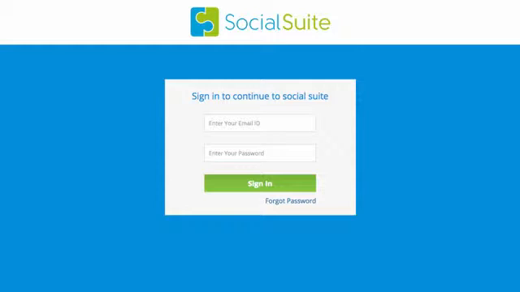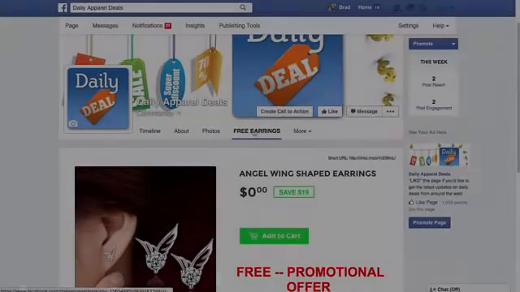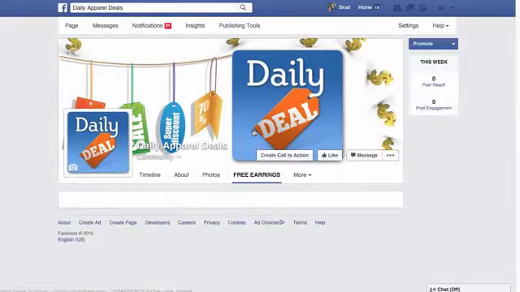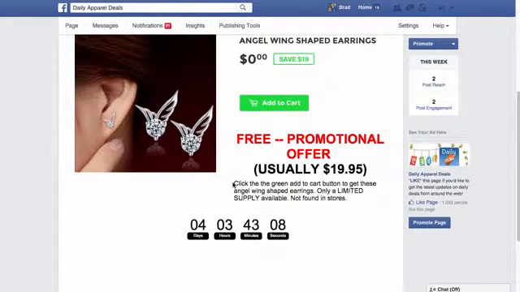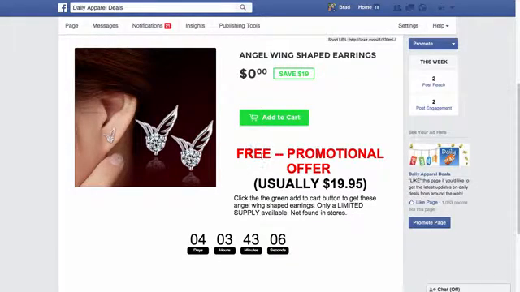Now first, before I show you the software, I want to show you the results we've been able to produce using Social Suite. Okay, if I click on this tab, you'll see that we're inside Facebook. Okay, and then what we have here is a page I built using Social Suite. Now you'll notice this is just like a Shopify store, but instead of being an external website, I've built it within my fan page. Now we ran some right hand side ads and some newsfeed ads to this page, and